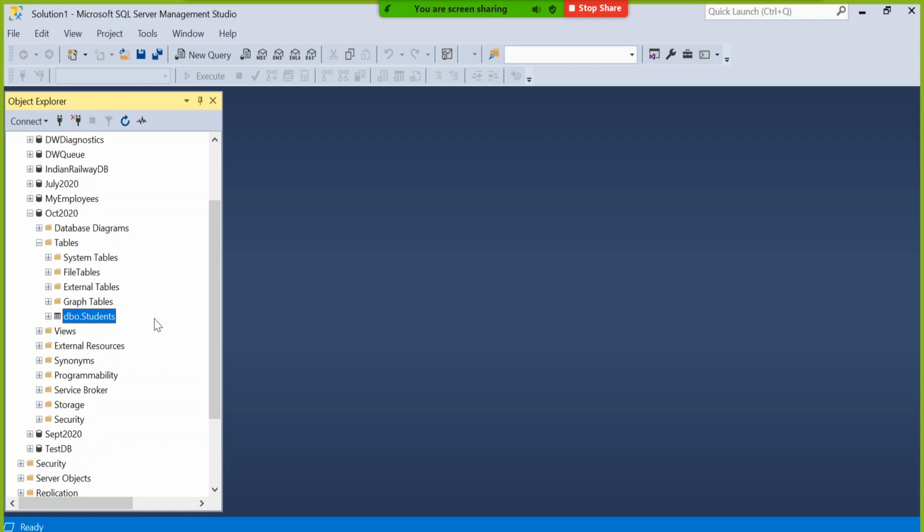Create database name. Create table name. Create schema name. Like that. It is very simple, but I don't want to merge both at a time. So let's go for the wizard first, and later on when we work with database programming, I will tell you how to write the command for all these activities.